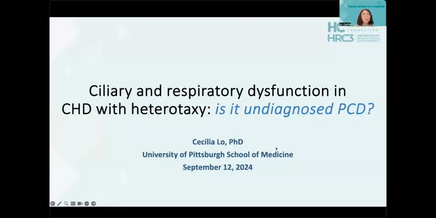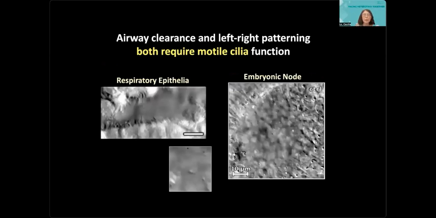Today, I'd like to share with you some work we've done in the past looking at ciliary respiratory dysfunction in congenital disease patients with heterotaxy, specifically addressing whether they may have undiagnosed PCD. Congenital disease patients with heterotaxy are well known to suffer higher morbidity and mortality that is associated with post-surgical respiratory complications. And so relevant to this is, in fact, the knowledge that airway clearance and left-right patterning both require multiciliary